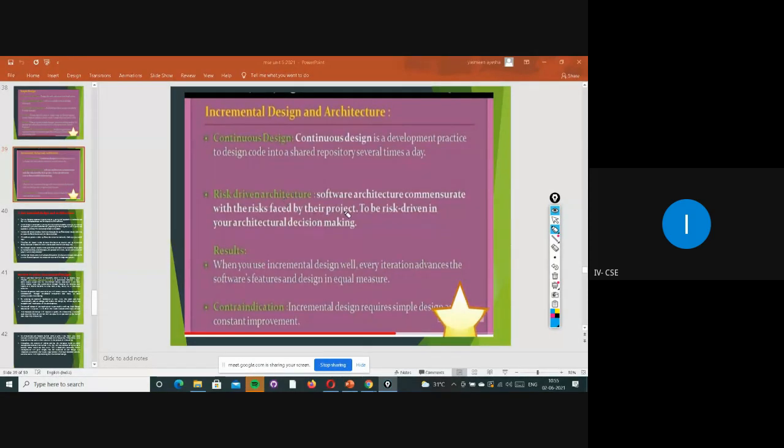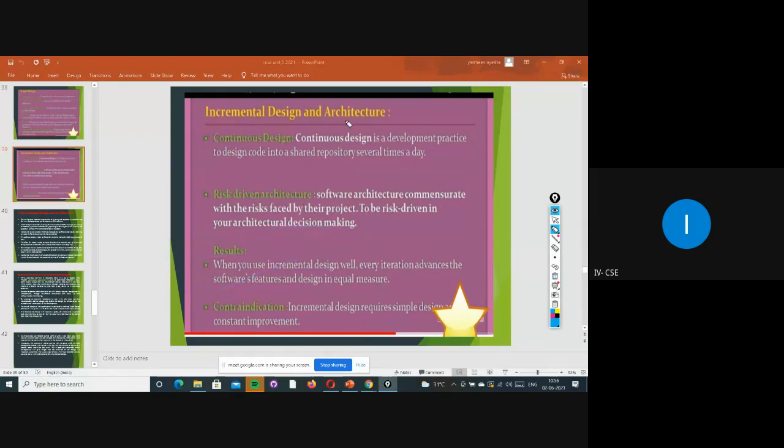So whatever problems they have faced, the first main important thing is the decision. If the decision is good, if solutions already exist for that particular risk, then we can easily resolve it in that particular time, and we can save the time. So like that risk driven architecture will be there, right?